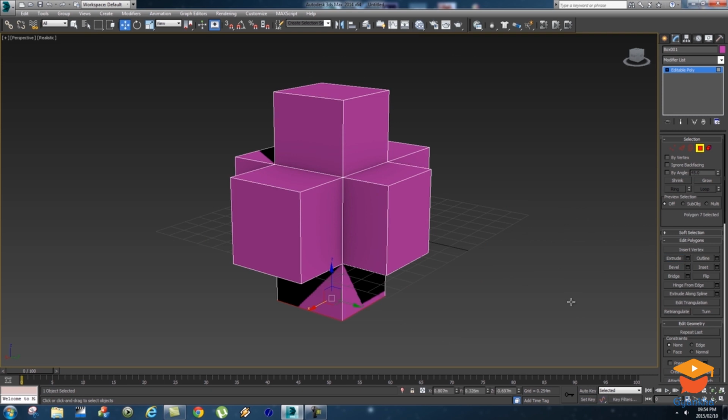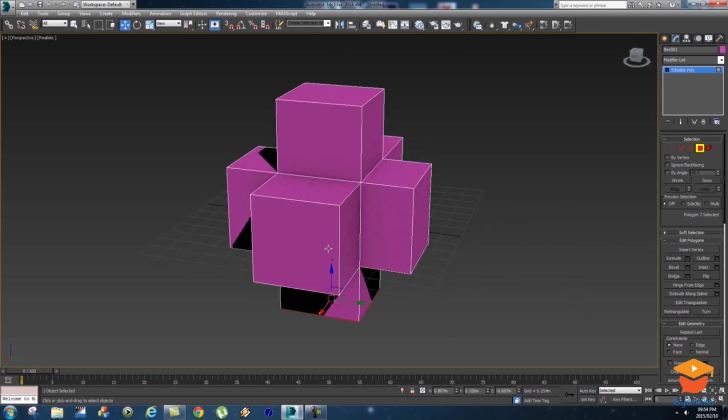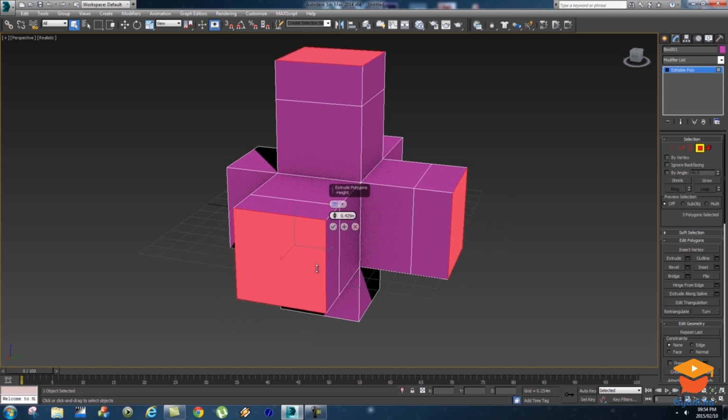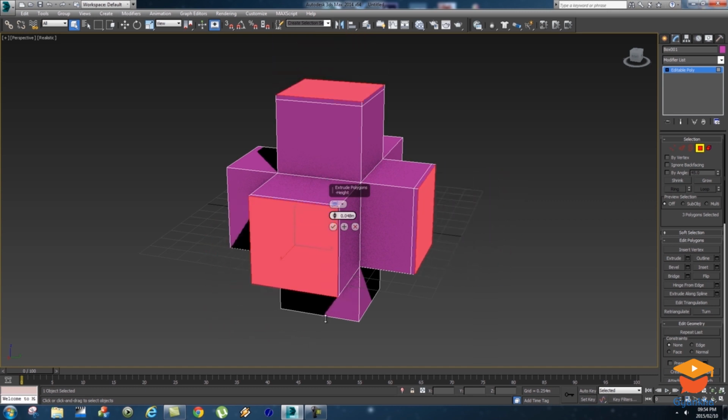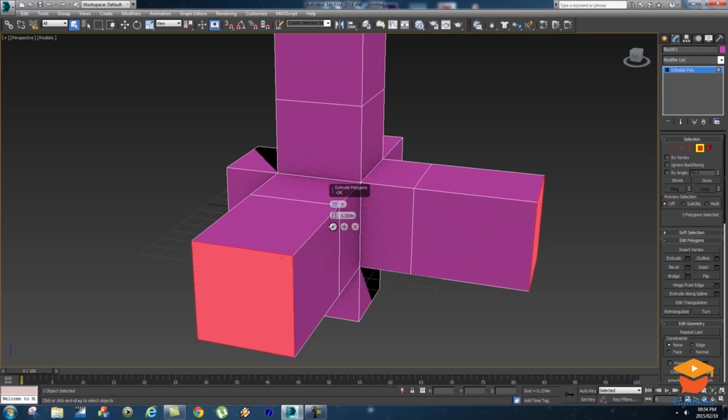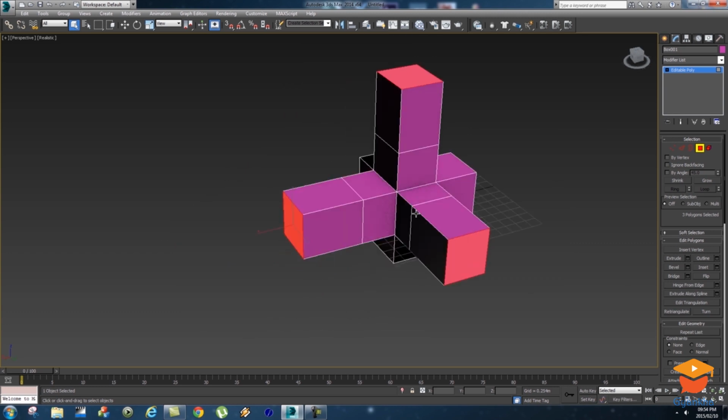Okay, let's just click extrude again to switch that off. And let's select multiple faces or multiple polygons. So I'm going to click on one polygon, hold control, click on another one, hold control, and click on another one. So we've got those 3 polygons selected. And then I'm going to click on the little window or the setting button next to extrude. And that's going to give me a dialog box here in the middle. And I can actually use these arrows to control the extrusion of all 3 faces or polygons together, which is quite cool. And then once you're happy, just click on the little tick,